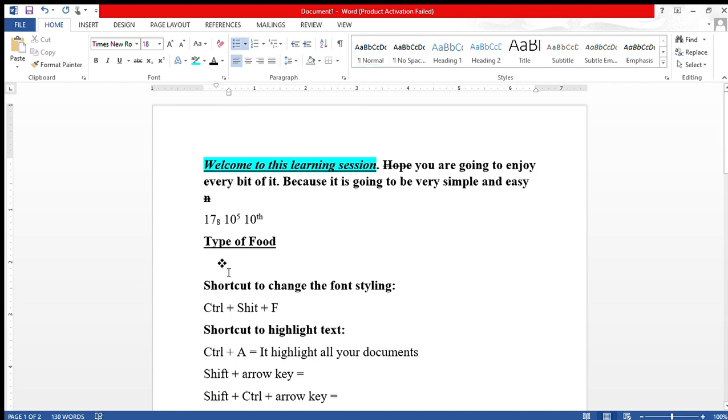Also, there's another thing. Now you can as well adjust this bulletin back to the left. How do you adjust it back to the left? You click on the bulletin, then you hold down your left click. I repeat, hold down your left click, then drag your mouse to the left. Can you see that it has changed position to the left? Then you can add types of food. I'm going to give you 3 types of food. The first one,